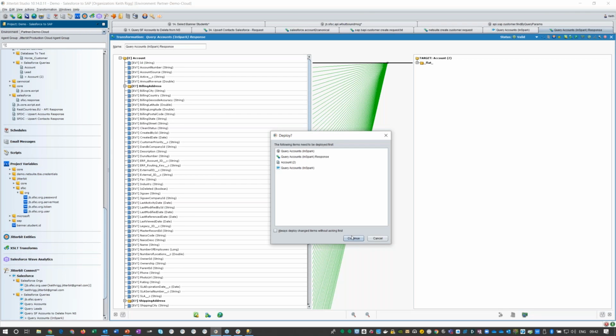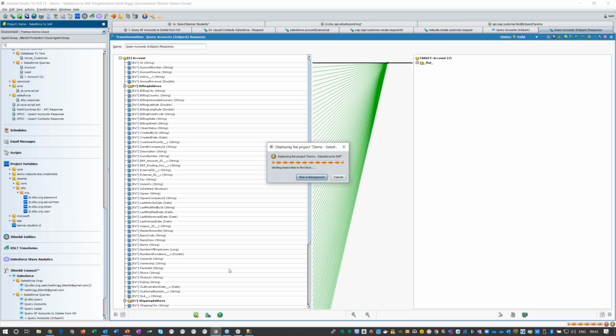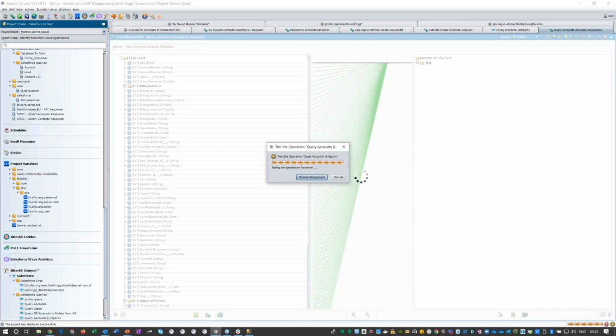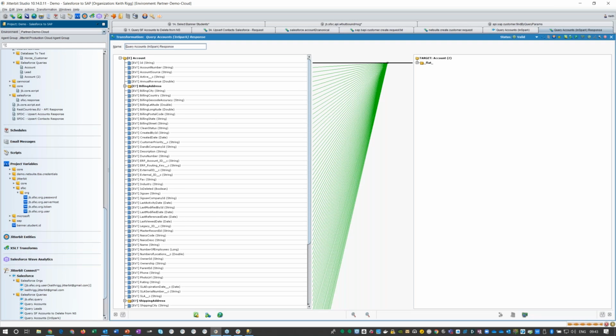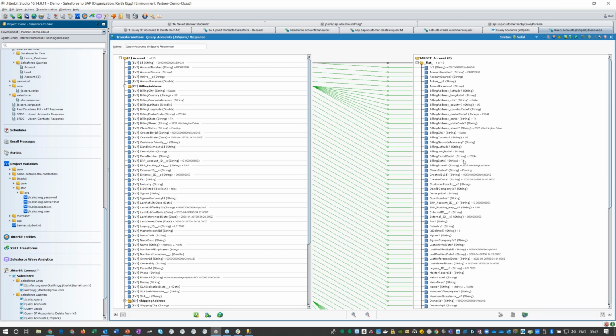I can click test query. I'm actually in the transformation now, the operation. It's going to load the data into the transformation. The key thing about this is that you get to see the dynamic nature of Jitterbit and the connectors to things like Salesforce, but the same is true of SAP. It builds the structures out for you. These source and target structures aren't things that you need to build yourself. So you can see now we have a text-based structure built from the accounts here, and you can see you have 18 records, and I can start to step through the records and inspect the data.